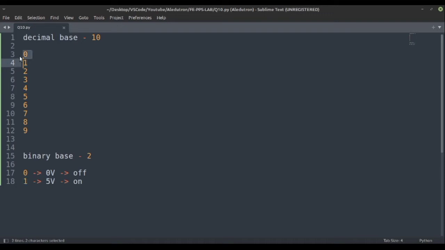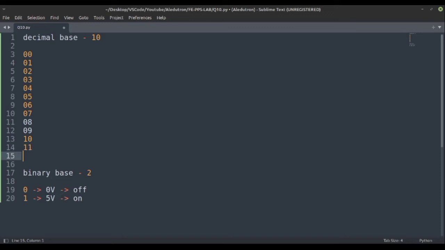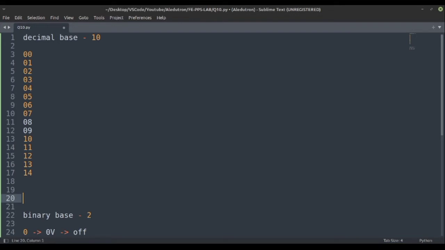We can also write this as 00, 01, 02, 03, 04, 05, 06, 07, 08 and 09. After the ending of these first 10 digits, we take the second digit as 1 and then add all the 10 digits after that. So it becomes 10, 11, 12, 13, 14 accordingly up to 19.